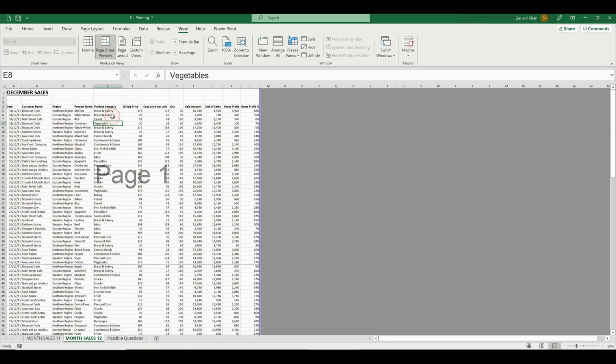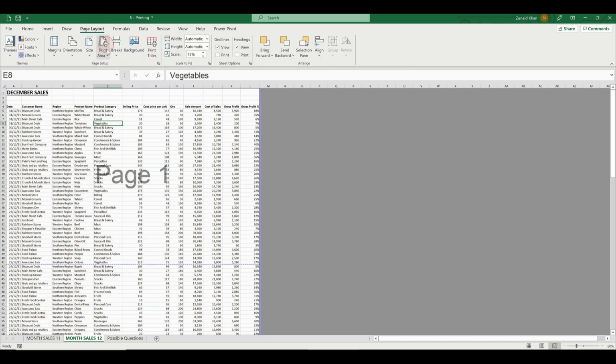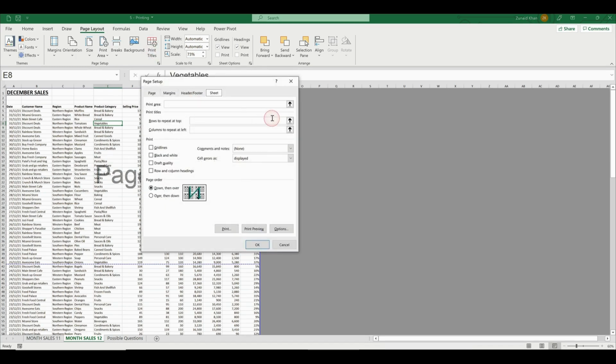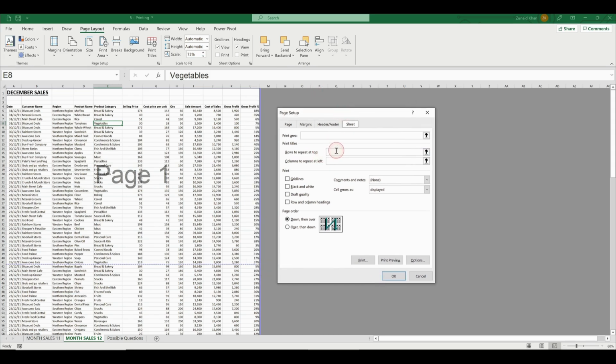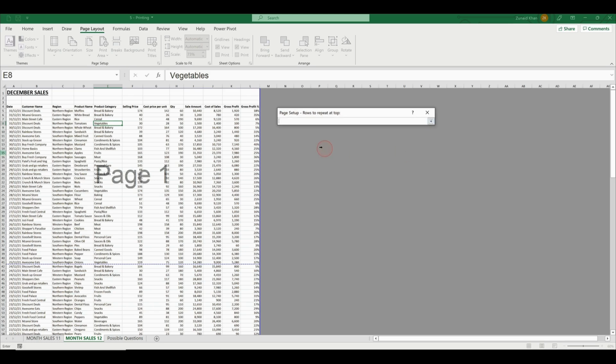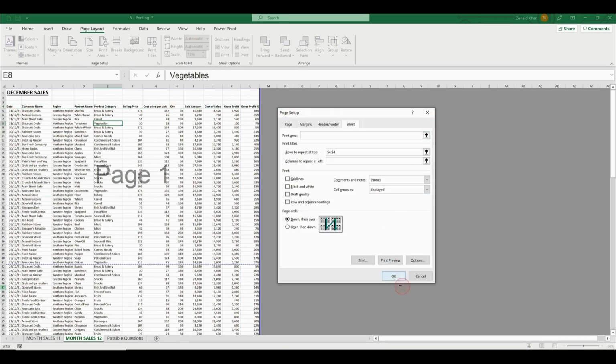Right, and what we now do is we go to the Page Layout tab in the ribbon, and you'll see there's a Print Titles option. We can click on that and it'll open up the Page Setup dialog box. Now in the Page Setup dialog box, you can see there's an option that says which rows we want to repeat at the top. If I click on this icon over here, I can then select the row. So I'm selecting row 4. You can see it's got $4:$4, and it's highlighted that row. And if I now click on this drop down and say OK,